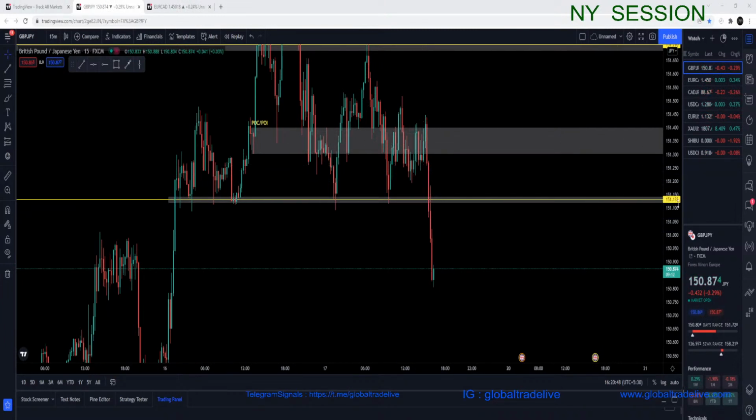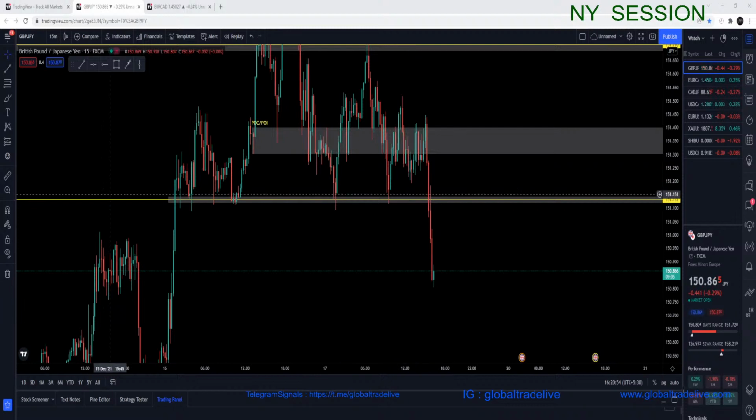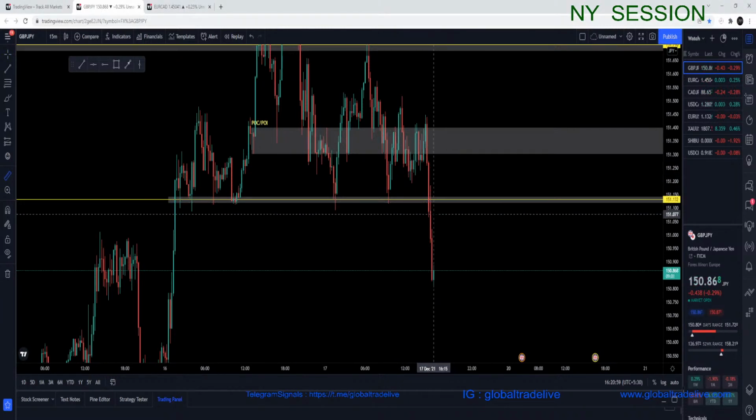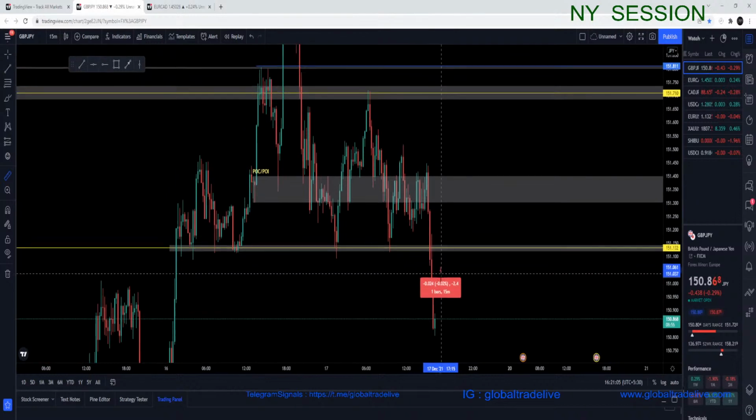closing below 151.132, I'm gonna take a sell on the next candle. And today, around 3:30 Indian time, this 15-minute candle closed like a bearish candle, and the next candle went up and broke the low of the previous one. So this could be a really nice entry over here, but